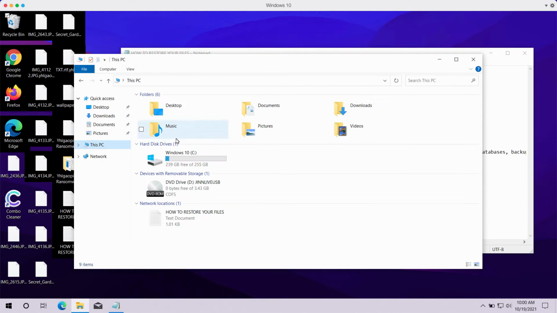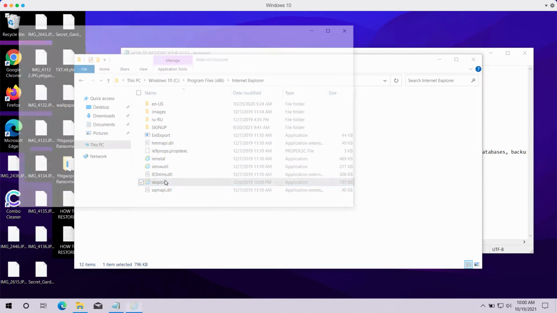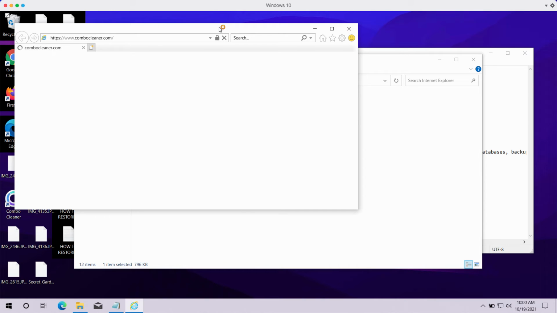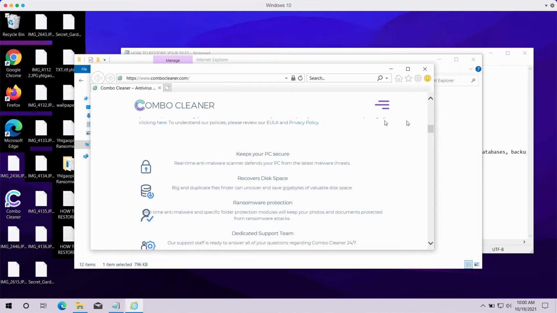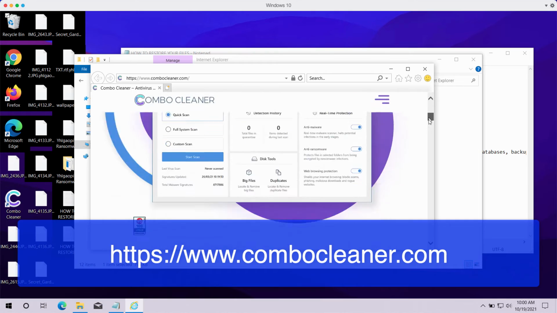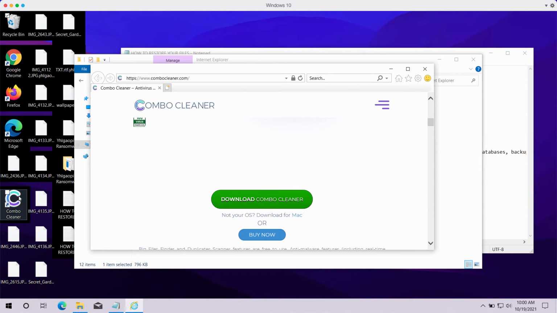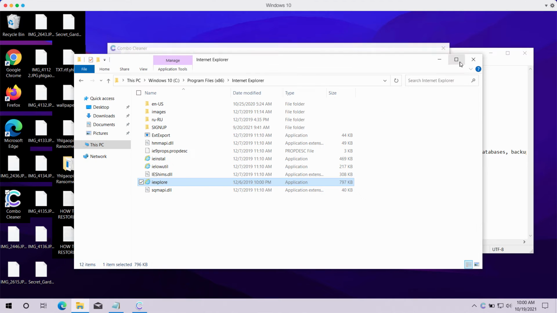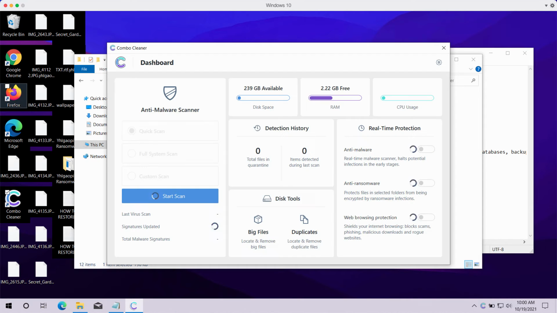We recommend you to go to your C drive or any other system drive, go to Program Files, select Internet Explorer as possibly the only available browser after encryption. Download Combo Cleaner anti-ransomware by going to the page combocleaner.com. So after it is downloaded and installed, start checking your computer with the help of this application. It will help you to detect this ransomware and to remove it effectively and to protect your system from being